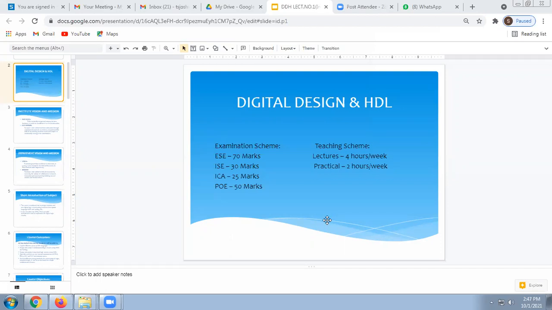But with the increasing device densities, means what? Number of components. अगर आपके components बढ़ रहे हैं, circuit अगर आपका बड़ा हो रहा है, so it is very difficult to implement these circuits manually. So the choice of traditional method has become limited for the big circuits. There are 4 types of ICs, right? SSI, MSI, LSI, and VLSI, right? Have you heard about these words? Yes, ma'am. Now, what is the long form of SSI?